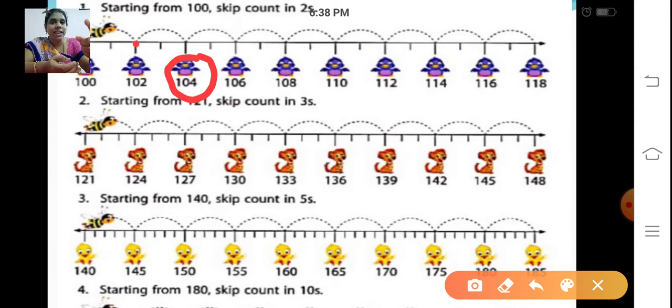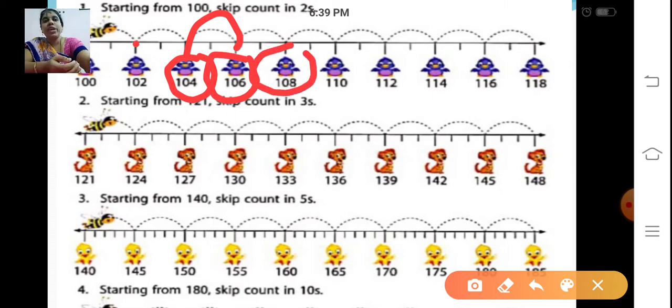After that I'm skipping the numbers in 2s. So next 102. Then from that I'm skipping 2 more, so 104. From that, skip 2 more: 105, 106. Next 107, 108.